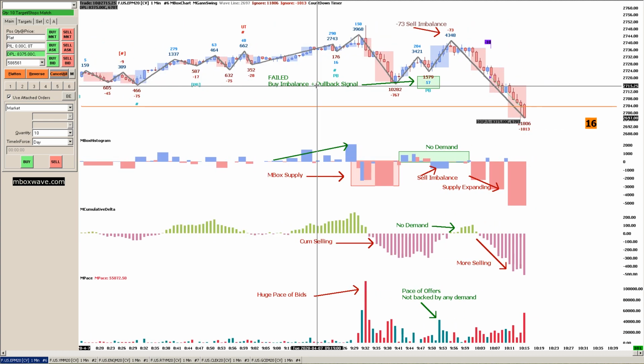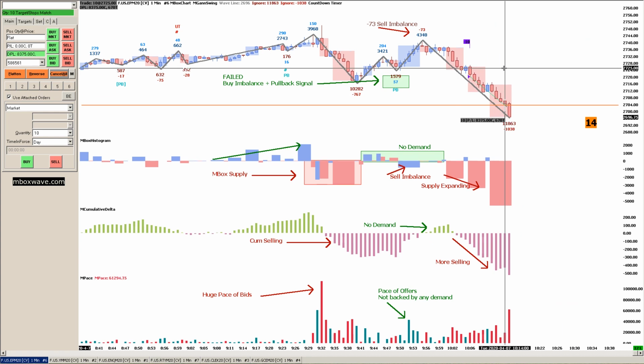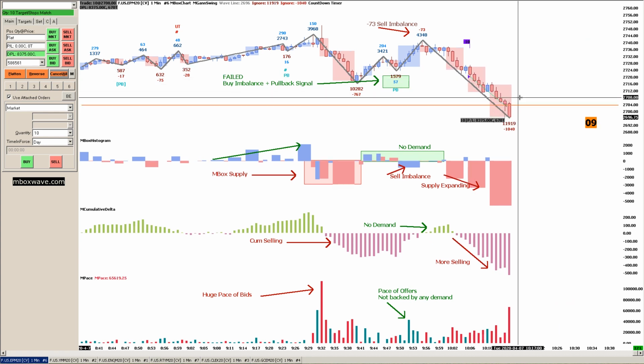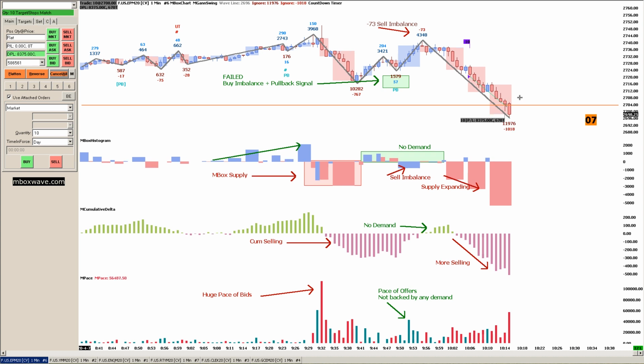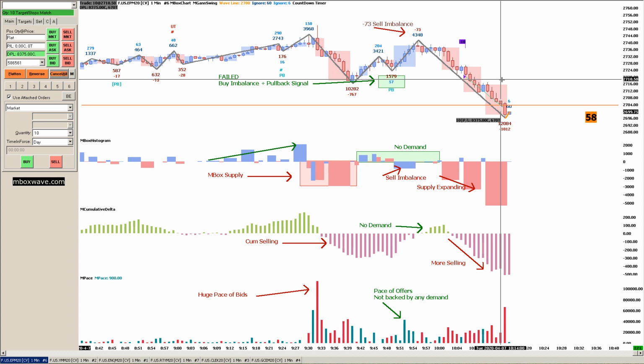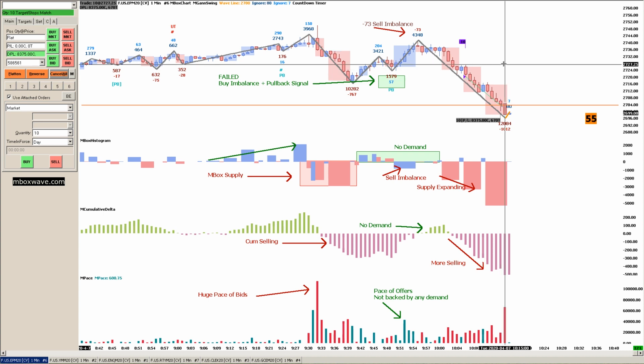All right, so if I zoom in, this is where I got in, and this is where I got out. All right. So that was very quick. Actually, I got in here at 10:06, and we're out at 10:14. So that was about 8 minutes. So that's it for me today. I made my goal, which is over 5 grand. It's 8 grand today. So let's just do a quick recap